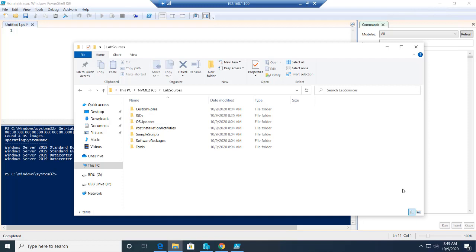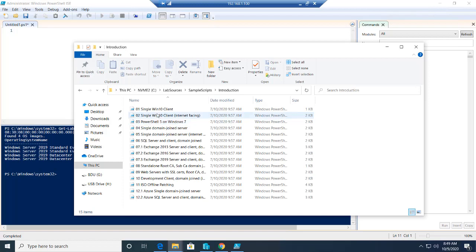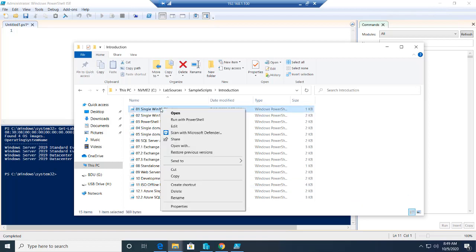Now that we have all our prerequisites done, let's try to install a simple lab in an automated fashion. For that, let's go to the AutomatedLab sources folder and look at some sample scripts here. There are different complex scripts you can use, but I would always start with the introduction and go through these scripts first before you start going to other folders. So I'm going to start this